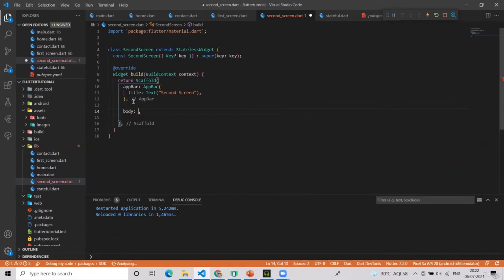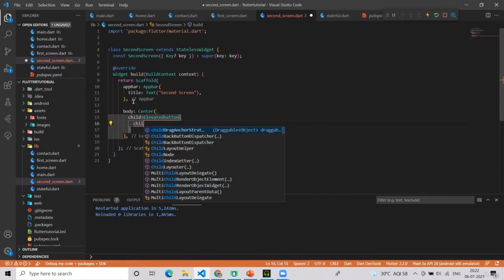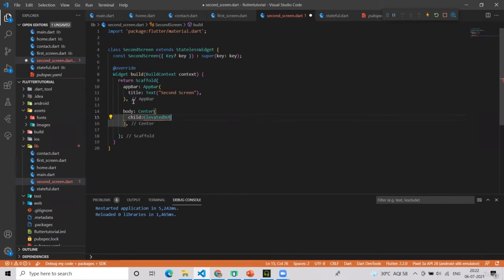Just in the body again, create a Center, then child, then an ElevatedButton. In the ElevatedButton, just remember, in the child, I will write here, go back.